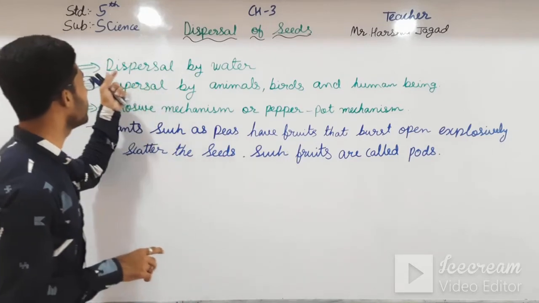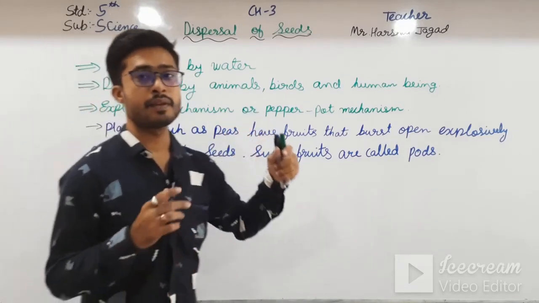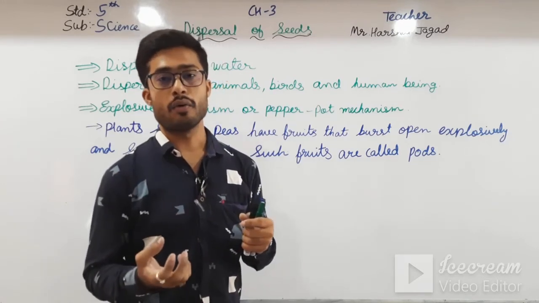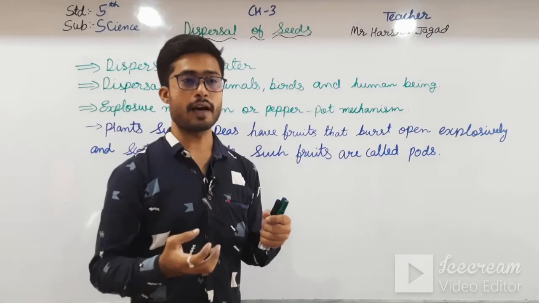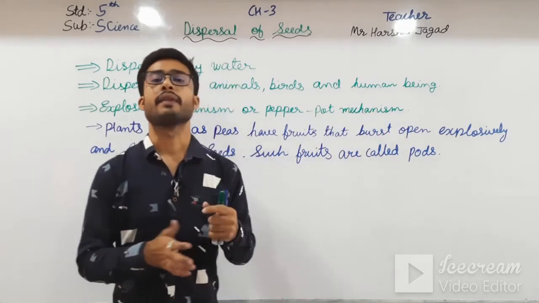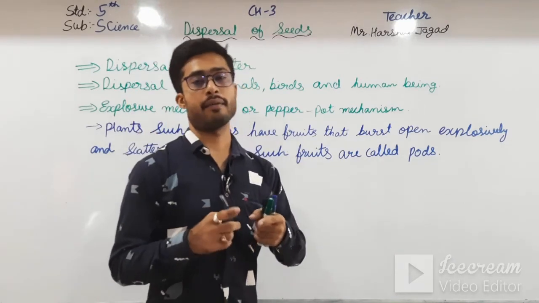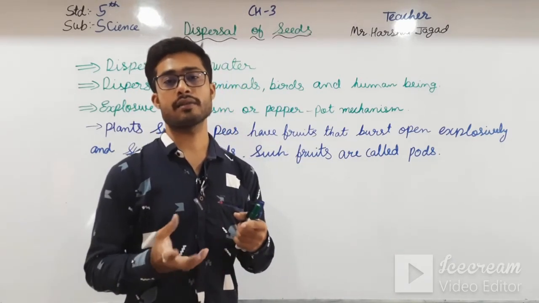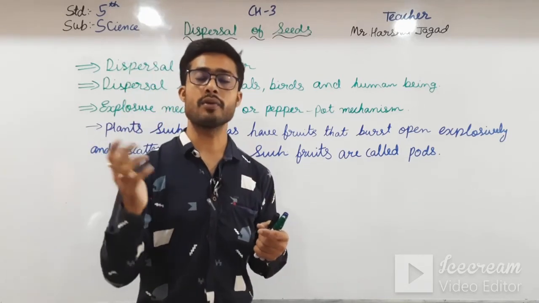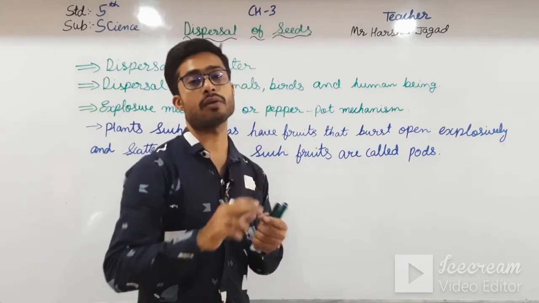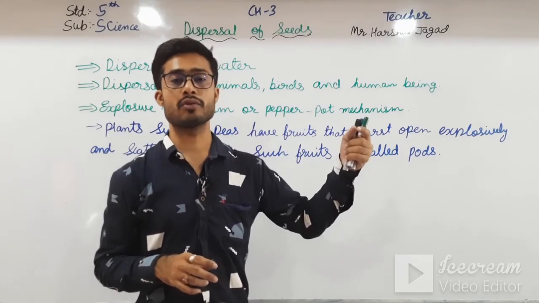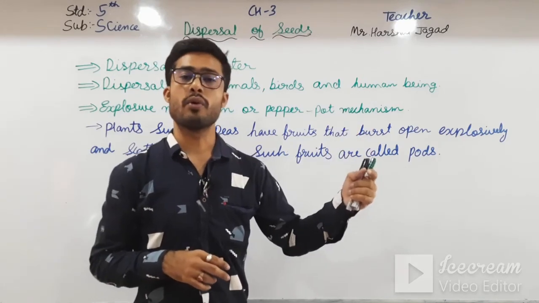And next what we have seen, dispersion by the water. In the coconut tree we all know that its fruit is heavier. Okay students, so if it will fall down, the wind cannot carry it to some distance. Animals cannot also carry it, and birds also cannot carry that fruit. So what happens, it is grown at the coast area. When it falls in the water, it travels thousands of kilometers, and then after when the land or an island comes, then it will grow over there.